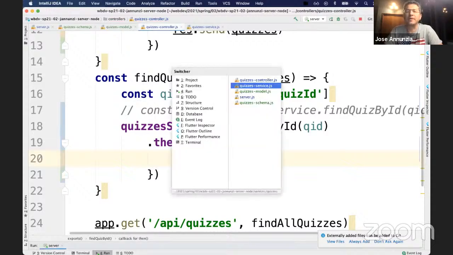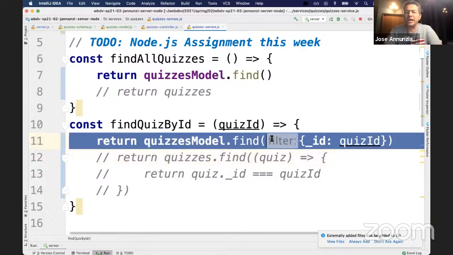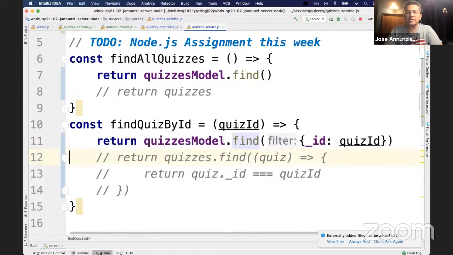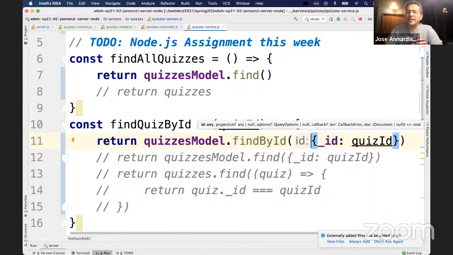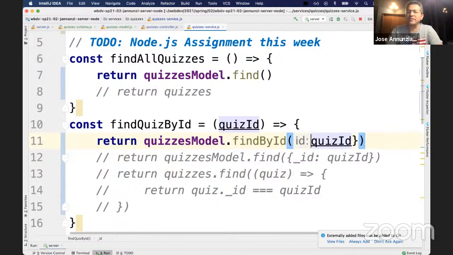Or better yet, what we could do is use another version of this. Let's copy that and leave it alone. We could instead use what's called findById. See that? findById can take just the value of the ID, instead of a filter JSON object. It can just take as argument the ID itself and knows that it's comparing against the underscore ID, obviously,